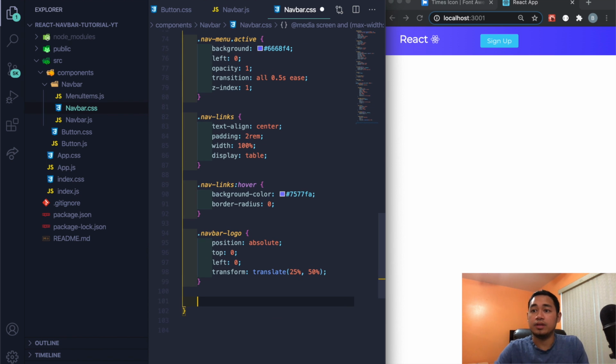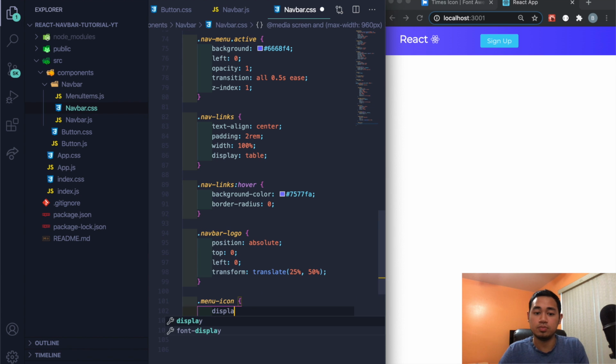And now under that, let's target the menu icon so we can actually see what's going on. So let's do display of block. There it is. And now let's do position absolute, and let's set top to 0, right to 0,